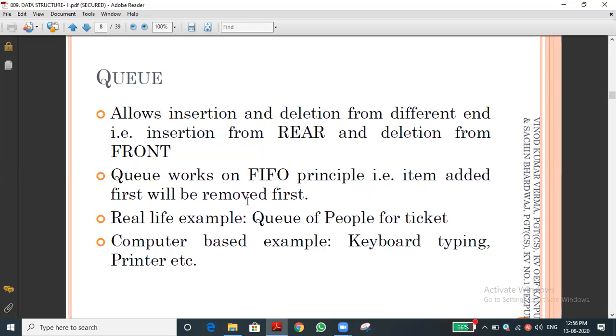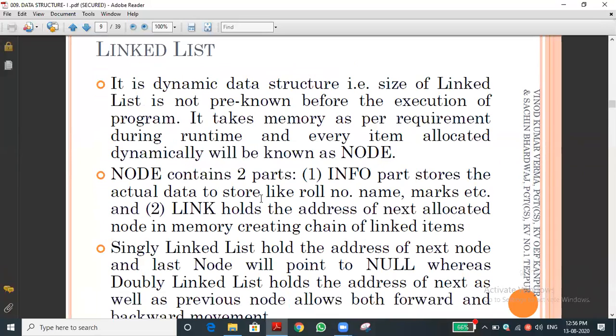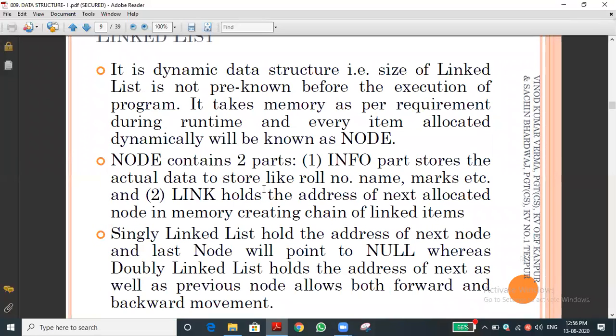So these are all the details. And next we are going to the linked list. The list has memory space where the element is stored, and that is called a node. We discussed that the node has two parts: info part and link part. What is the use of the info part? It stores the data of the element. The info part stores the data in it.